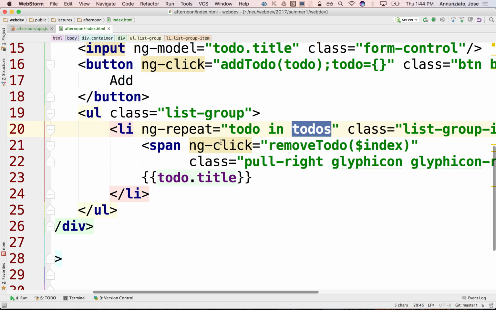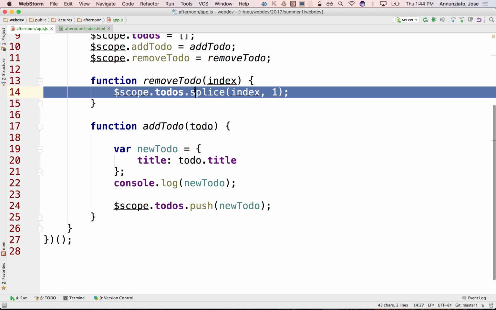Let's see, what else? So that's remove. We pass the index, and we use it to splice. Notice that there's no need for the controller to somehow tell the view to re-render. The view knows that it has changed and it updates. Yes, so if you have a list of 50 elements and you remove one, then because it has separated into these zones, it's going to know that it needs to just re-render one of them. Yes, but in order to change the way the whole thing looks, we need to move the other 49. So what happens is that